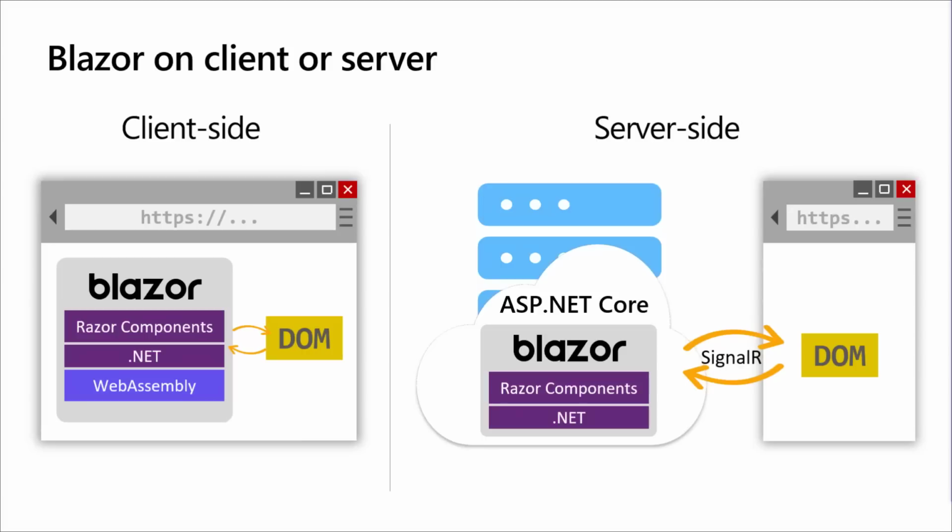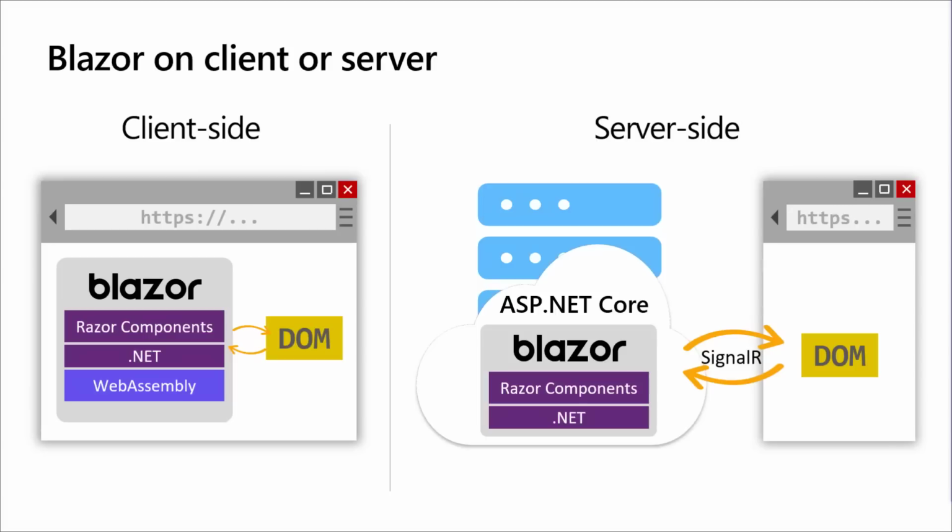How does that work? Well, we run the components on the server, and then we download a little bit of JavaScript into the browser that sets up a real-time SignalR connection with the server. The browser then sends UI events to the server. The components execute. They do their rendering. Blazor figures out exactly what parts of the DOM need to be updated. It serializes that information back down to the browser and then applies it to the DOM. So the components run on the server on a normal .NET Core runtime,